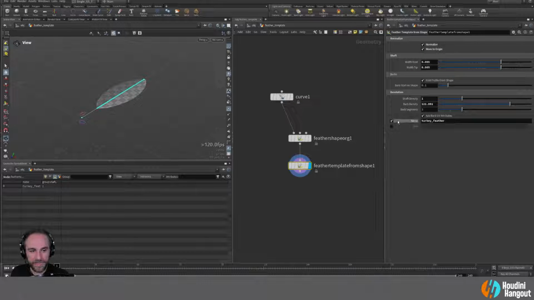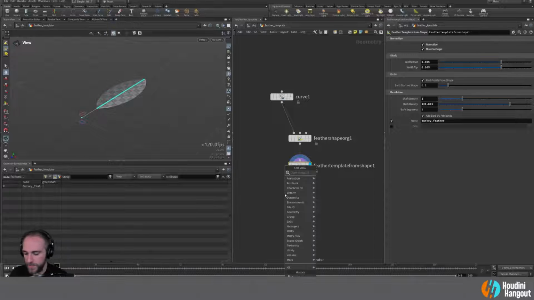Cool. So that's the basic setup of a feather. Now we can obviously push this a little bit further and do some other things, but let's talk a little bit more about maybe how we do these feather things, and then we'll go into pushing it a little bit further and making some interesting shapes and some interesting things with it. So,